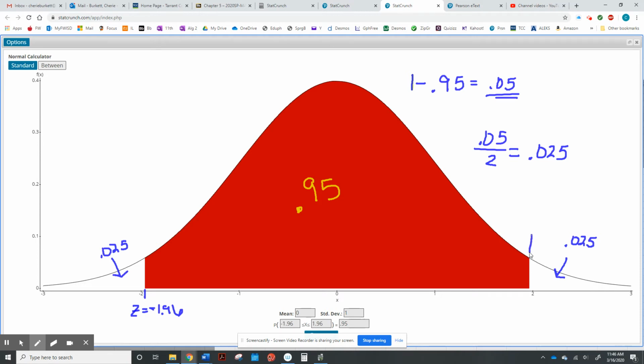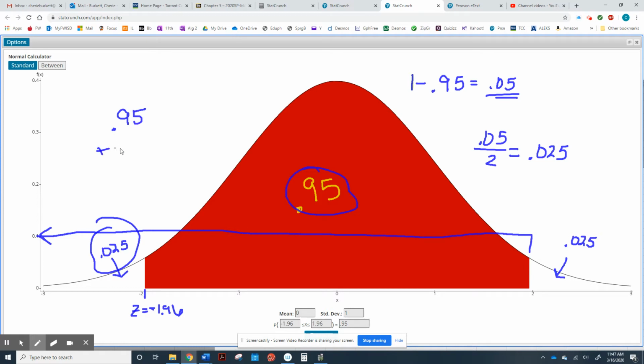So the area to the left is this entire area all the way to there. Okay, so how much area are we talking about? Well, that would be this number right here and this number right here. So 0.95 plus this 0.025 gives us a total area to the left of this score right here of